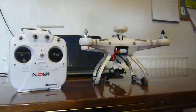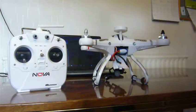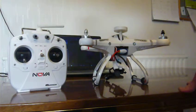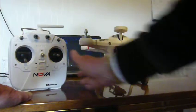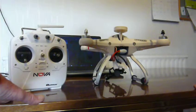Okay, this is my Quanum Nova, bought from Hobby King, I think last November. I've had many a flight with it, but I've never been able to get it to fly and hover absolutely level, and I've always had to use some trim, rudder trim or aileron trim to hold it level. When it flies, yes, it flies very nicely, returns to home within about 10 meters correction, but of late it